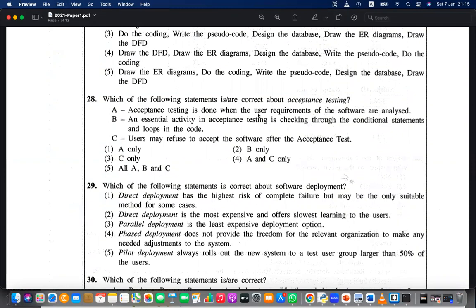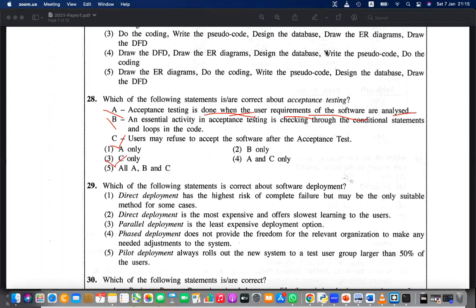Again, acceptance testing is done when the user requirements of the software are analyzed. No, not just at that phase. You have to do that at the end, right? At the requirement analysis, after that the design, after that the development, after that all the testing, all these things. Then finally, at the final stage, only the acceptance results. So this phase is not done when the requirement analysis is done. Therefore, we have to ignore this also. Then let's go to answer C. C only, number 3